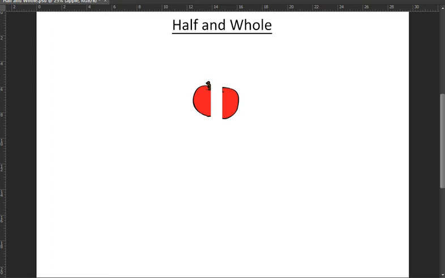Okay, that's great, but how do numbers come into this? Like, how do I take the half of a number? Do I just cut it in half as well and take one piece of it like this? Do I just take a piece of it and leave the other? No, that's not what I do. Well, see, the thing is,